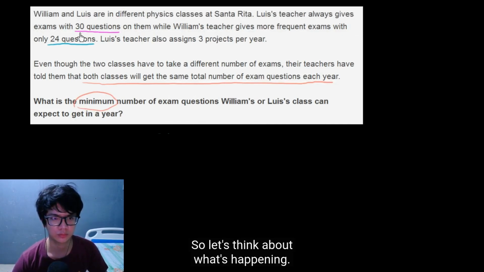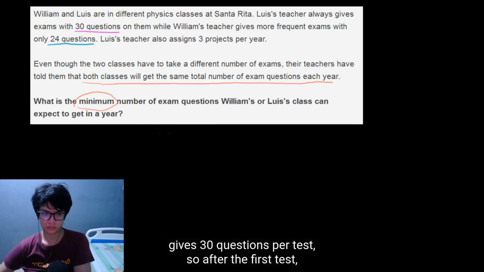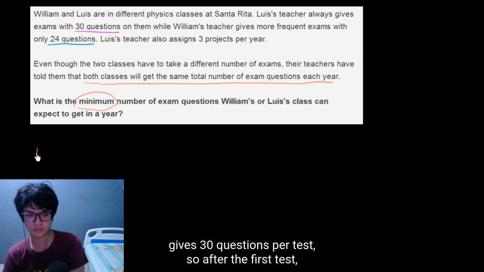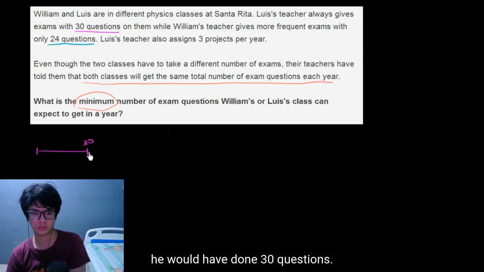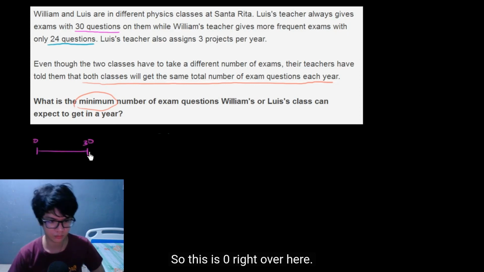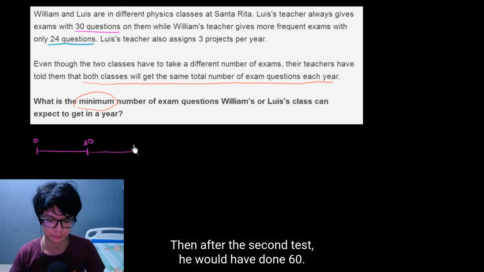So let's think about what's happening. If we think about Luis's teacher who gives 30 questions per test, after the first test he would have done 30 questions. Then, so this is 0 right over here, after the second test he would have done 6